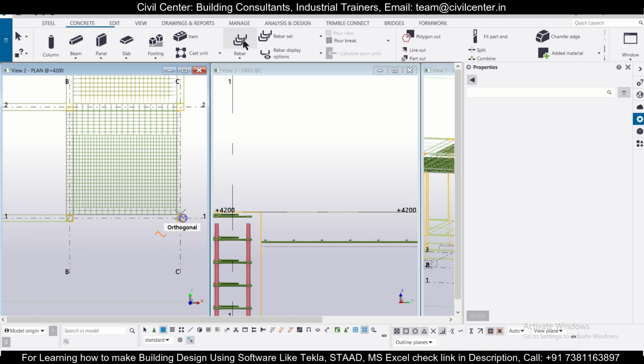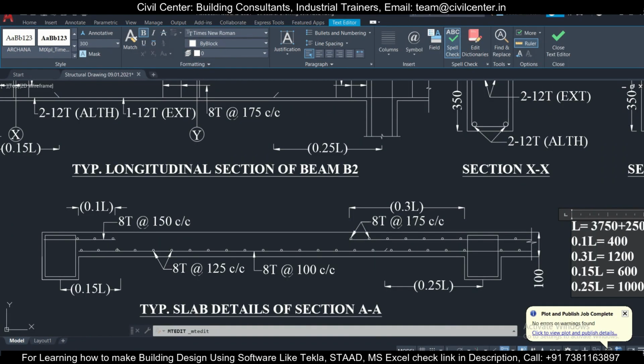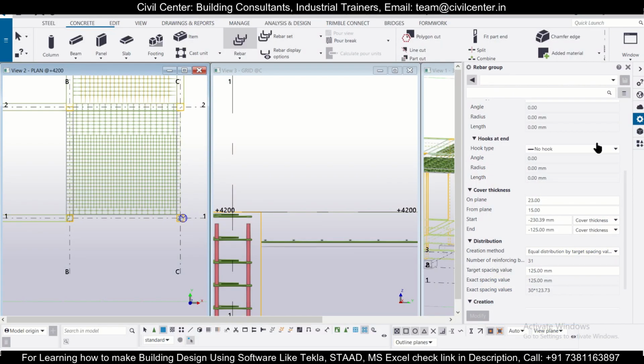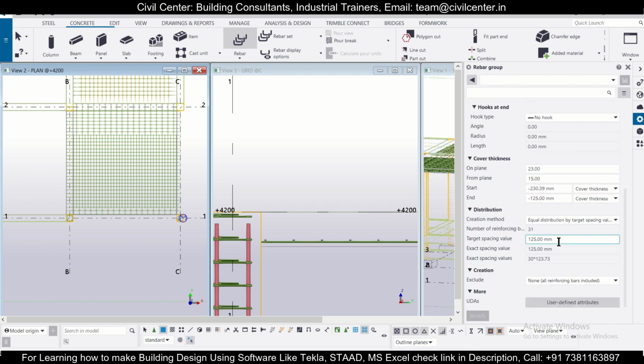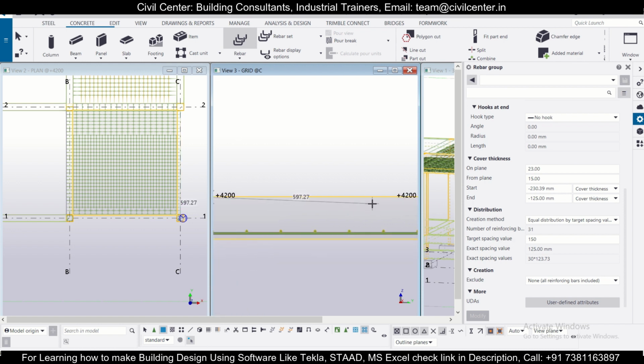Select this again, once again, and let's insert the spacing this time beforehand. The spacing is 150 center to center for the bottom bar. We're doing it for the bottom bar, so this spacing will be 150 center to center, and let's do this. So part to reinforce, select this part, and then shape of the bar, select from here to, let's go with 400, enter,